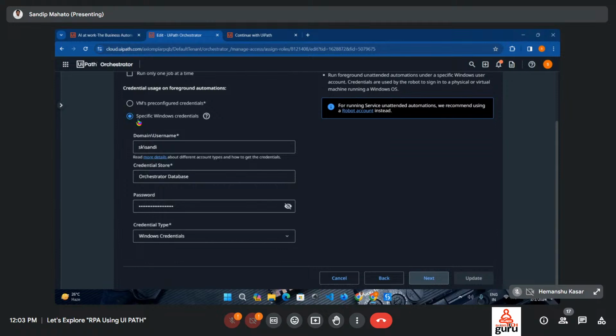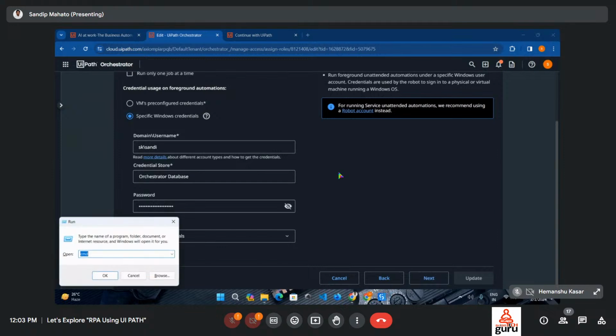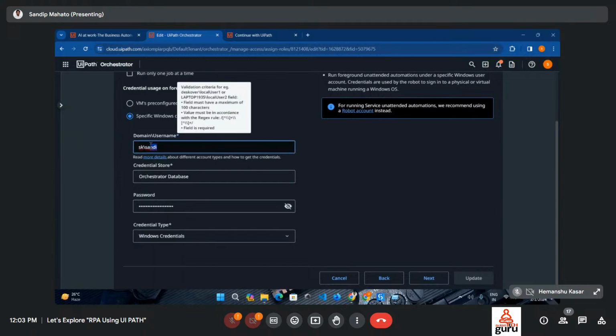So here it is specific. We have to provide the machine. I am providing my machine credential over here. For that you have to click, and enter your current system username here. How can you find your username? Simply click